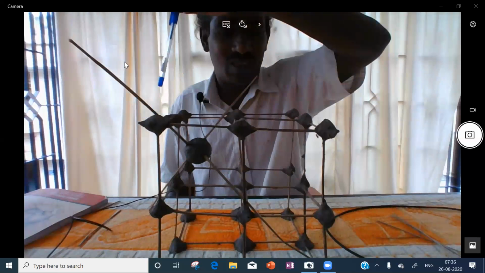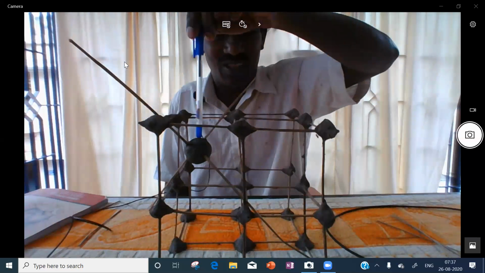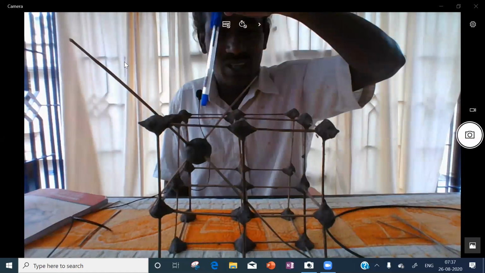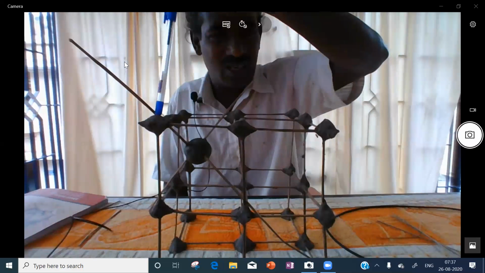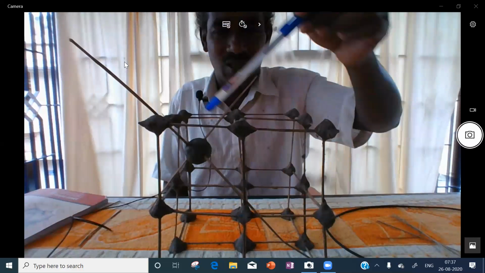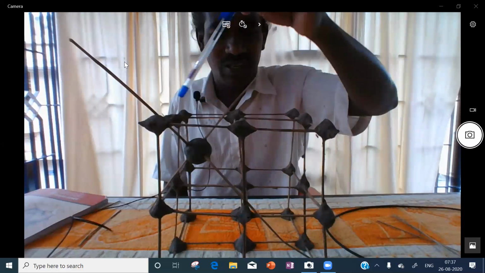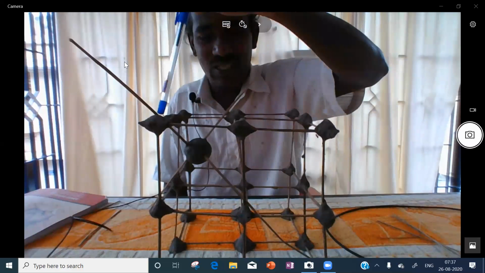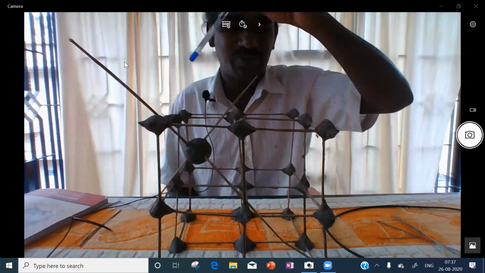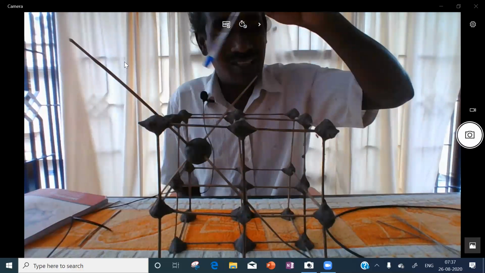Now what is this point called? Okay, this is one corner. Its neighboring face centers are the front face center, the top face center, and the side face center. We have shown three face centers.